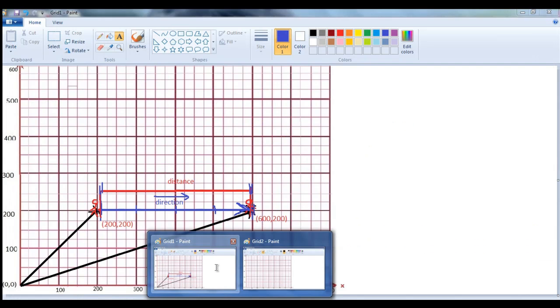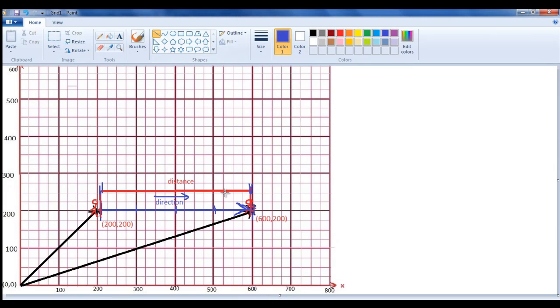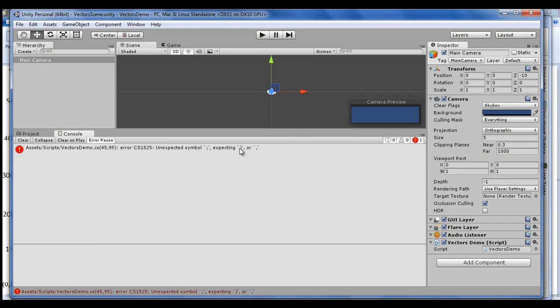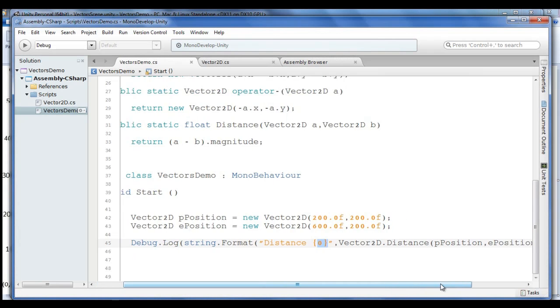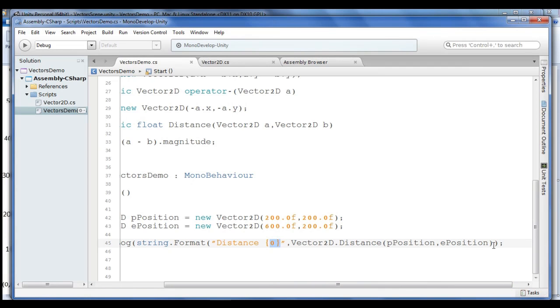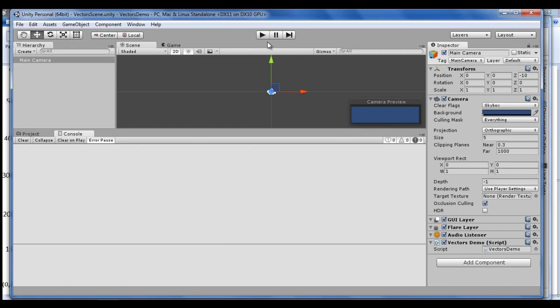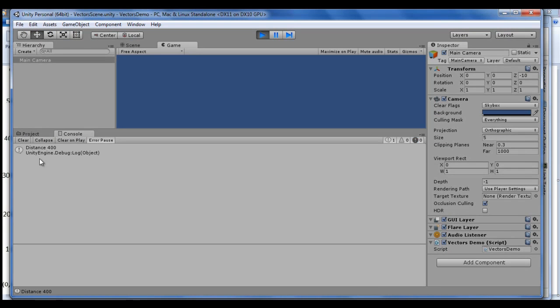That means you are getting the vector from B to A. You can simply say something like this: you are getting a vector from enemy to the player. Then you are finding this direction vector's magnitude, or the distance, by using the magnitude property. Now this time if I save and run, I should get 400. Let us save and check it out. I have missed the brackets somewhere over here, I think. Let me save and come back to Unity, and if you run the code, you can see that we got